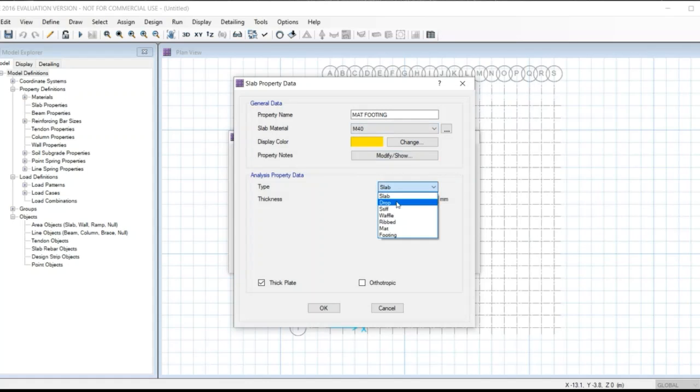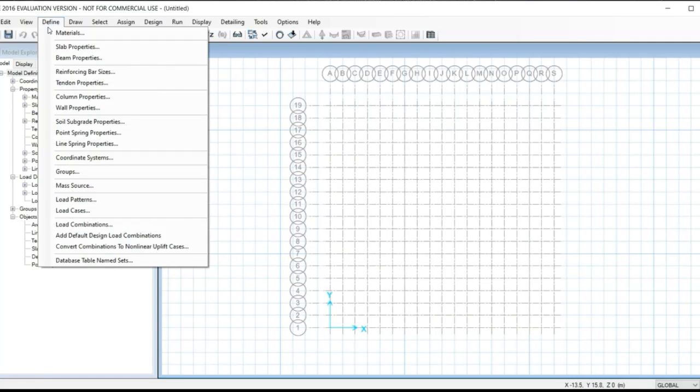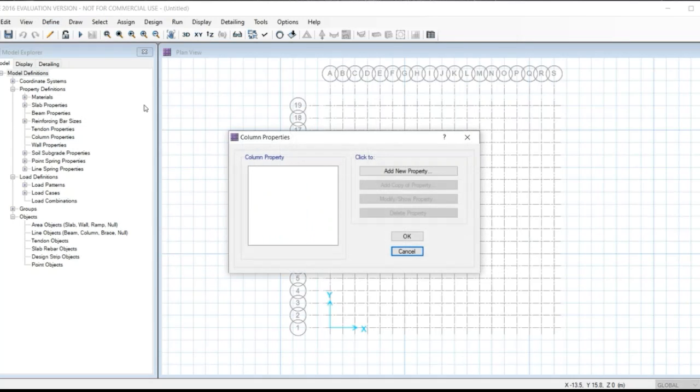Slab material M40 and the slab type mat, and give the thickness 500. Then click on OK. Then again click on OK, close it, go to define and click on column properties, add new property.